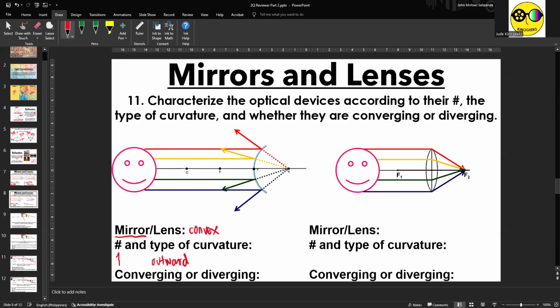So light waves in a convex mirror, when the object is placed infinitely away from it, bounce, but as they bounce, they start to spread out. So therefore, convex mirrors are diverging. If you want images to form in convex mirrors, we have to extrapolate or extend the actual light rays using imaginary rays at the backside of the mirror, and then have them meet or intersect at the back focus.